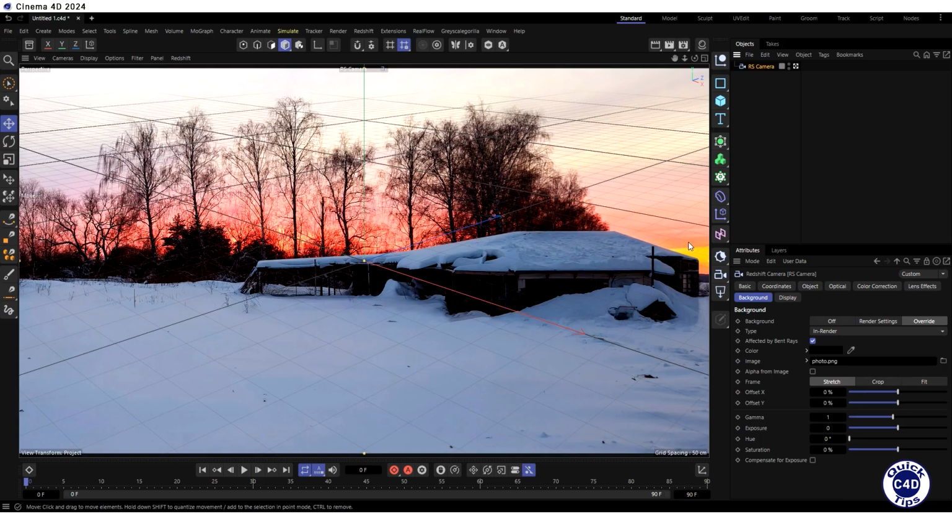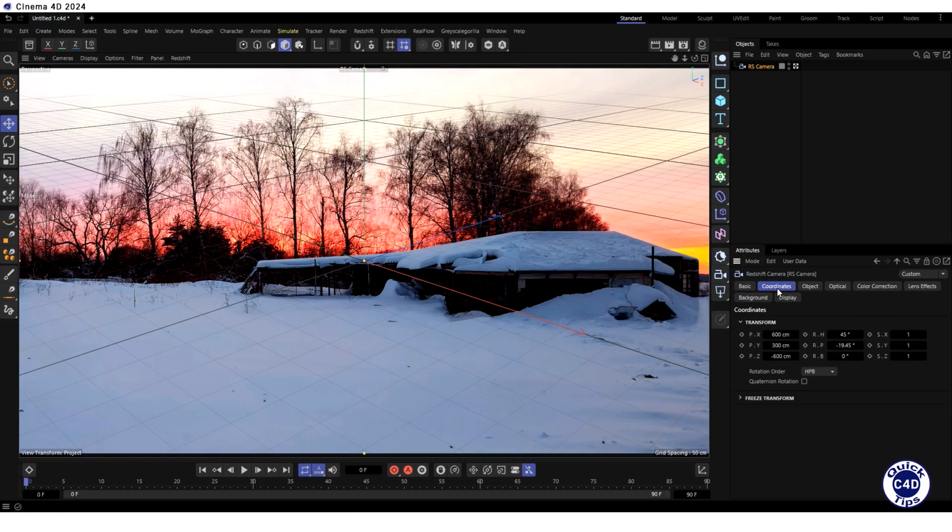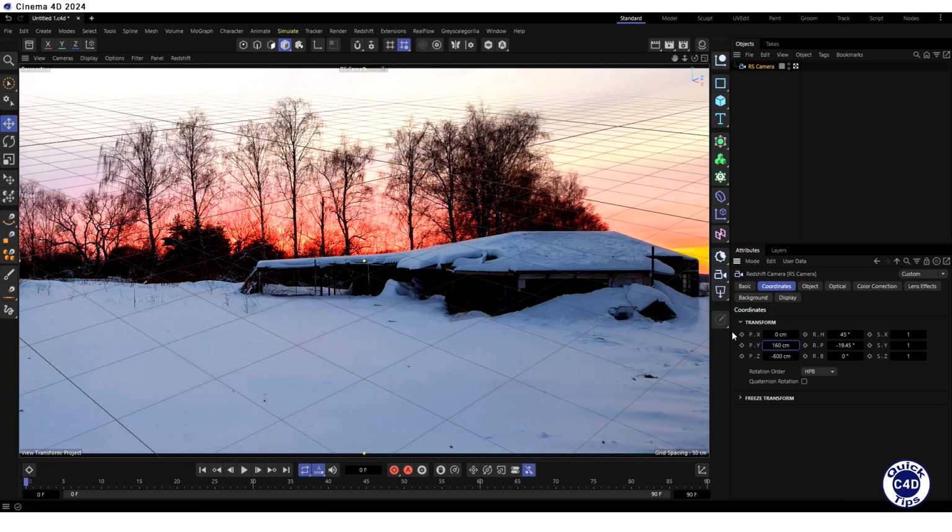Go to the Coordinates tab of the camera. Zero out the px property. Set the py to 160 cm. The camera is usually held at this height. And zero out the pz,